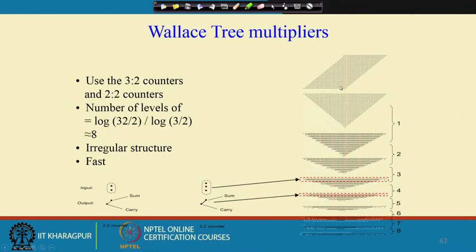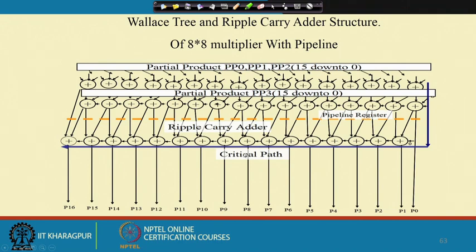In the Wallace tree, the number of levels you can get by a log of this. I think we have already discussed this. You can also do it using a carry ripple adder. We have mostly used the carry save adder and the carry propagate adder while considering this tree reduction method, but a ripple carry adder can also be used. But if you use a ripple carry adder, the delay will be more.